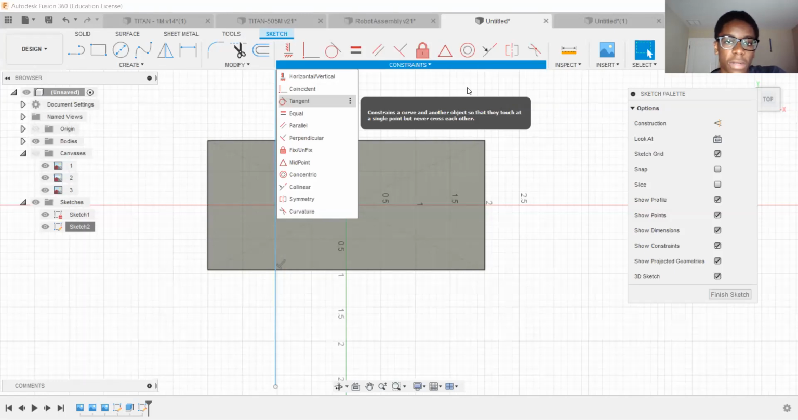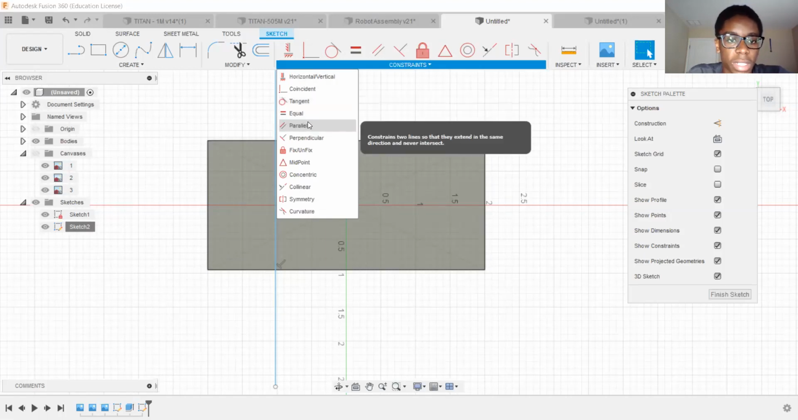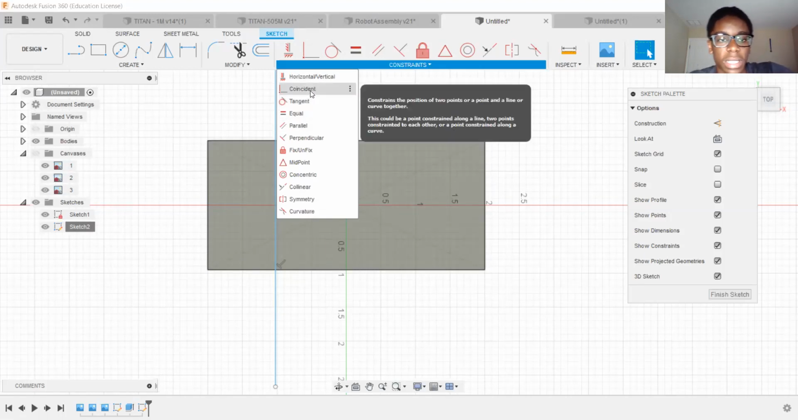So this is where all of our geometry functions are. The only one I'm going to click is coincident, and that just means I'm going to make two things be on the same kind of line. So I'm going to click on the second option, coincident,